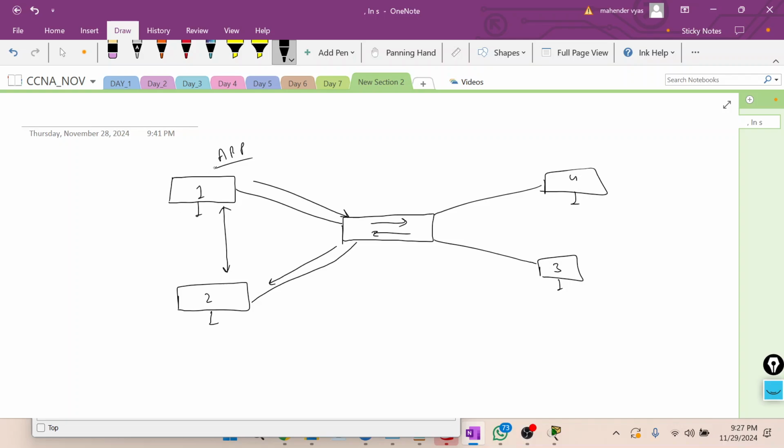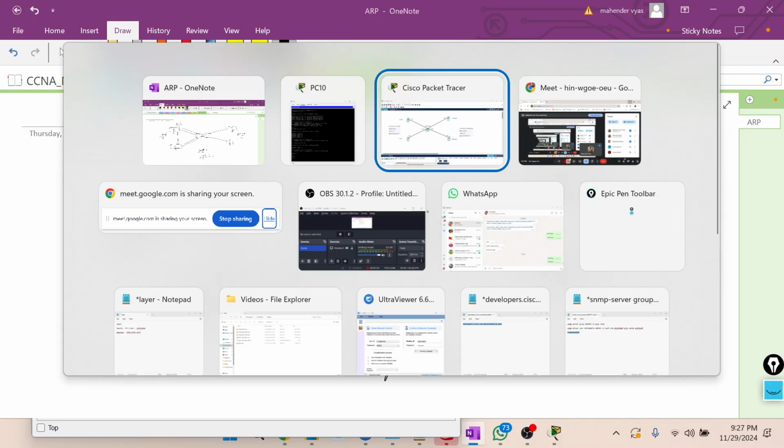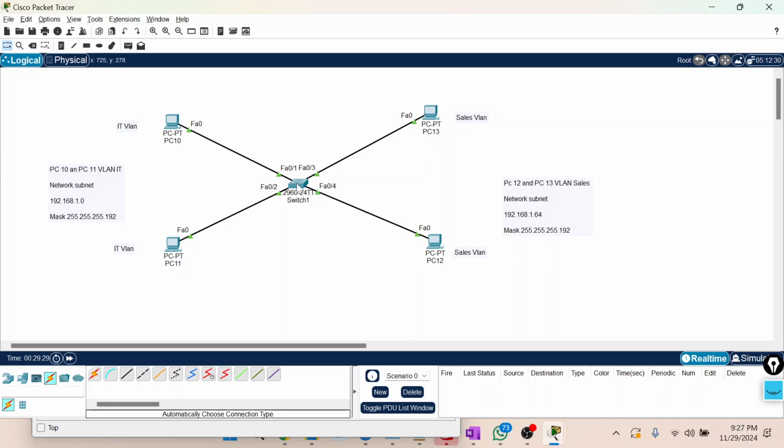When this PC is sending ARP, even though this is a different subnet now, this is subnet 1 and this is subnet 2. Layer 3 wise, these are different networks altogether. This is one network, this is the second network. But via layer 2, these are still the same network because we have not segregated between the VLANs. So now let's do one thing. We'll create two VLANs in a switch, then we'll again verify.